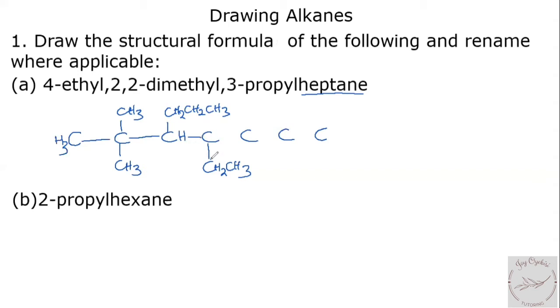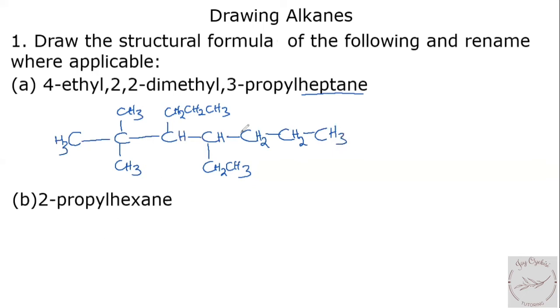Now we have 1 bond here, 1 here, and then another one here, remaining 1, which is hydrogen, plus that bond makes it 4. And then we have 1 here, another one to this other carbon, remaining 2. So you put in your 2 hydrogens. There's a bond here and a bond here. That's 2, remaining 2 hydrogens. And for this one, it has just 1 bond to this carbon, so it has 3 hydrogens to complete 4. Carbon has to have 4 bonds.